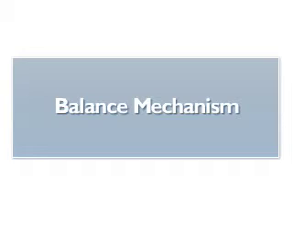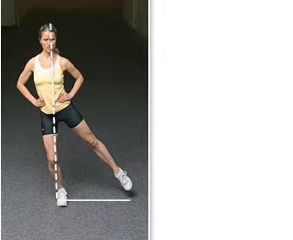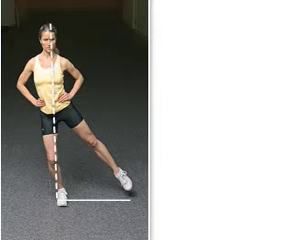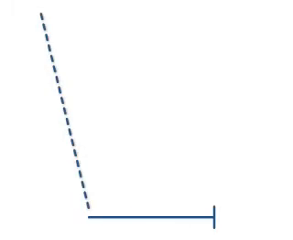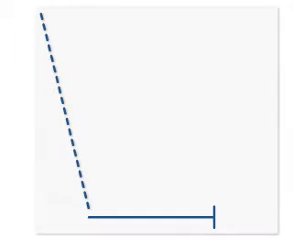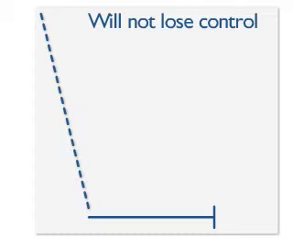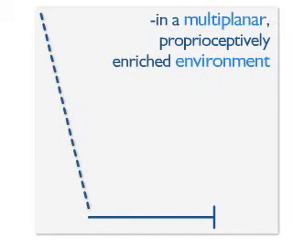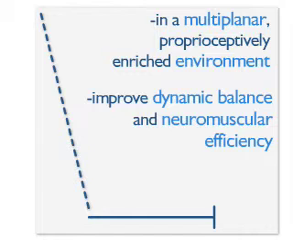The balance mechanism. Balance training should constantly stress an individual's limits of stability, or balance threshold. An individual's limit of stability is the distance outside of the base of support that he or she can go without losing control of his or her center of gravity. This threshold must be constantly stressed in a multiplanar, proprioceptively enriched environment, utilizing functional movement patterns to improve dynamic balance